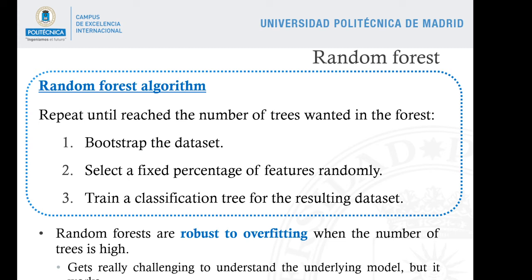The best feature of random forests is that they are robust to overfitting when the number of trees is high enough. Okay, 100 or 50 or even 50. Problem: it gets really challenging to understand the model. In a decision tree it is very explainable. Sometimes we have to cope with the fact that we have to explain the models to our bosses, and that is not easy with random forest. It is easy with decision trees because it's like a